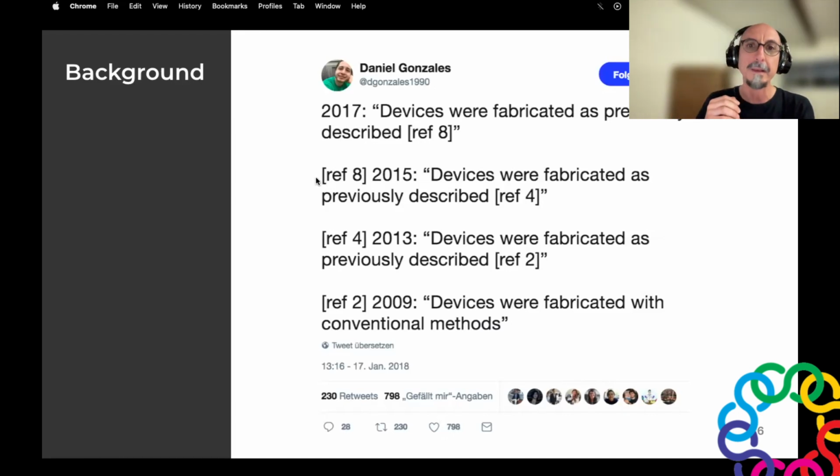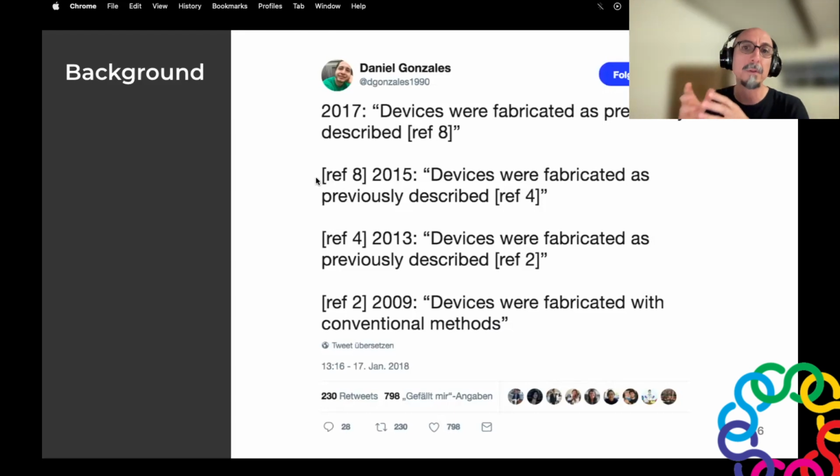As you can read in this example, Daniel goes from reference to reference, trying to understand how certain devices reported in a paper from 2017 were fabricated. When he finally reaches the original publication from 2009, it simply says, "devices were fabricated with conventional methods." And that's all the information that Daniel gets.